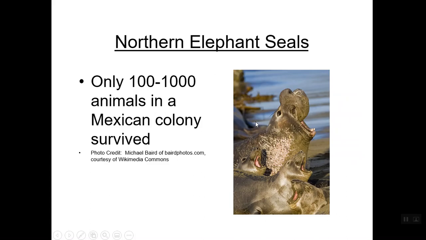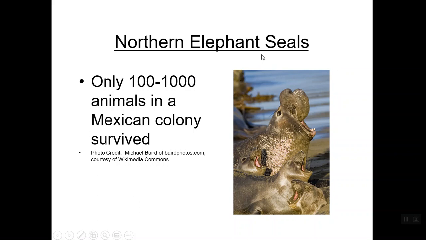And the individuals that are alive, there are only a few colonies. They have very little genetic variation. So we have impacted the allele frequency, the genetic variation of these northern elephant seals